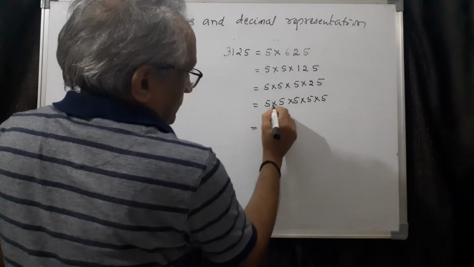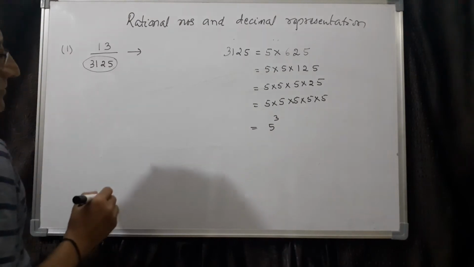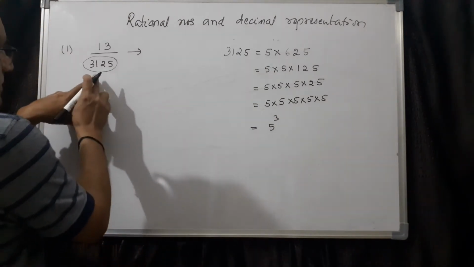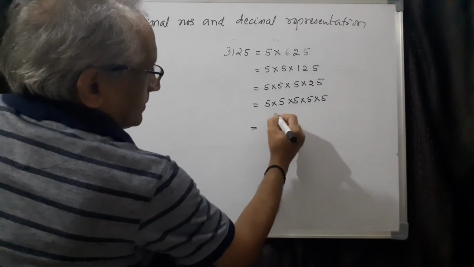So it is 1, 2, 3, 4, 5, that is 5 power 5. Now here what we have to do is, in order to...